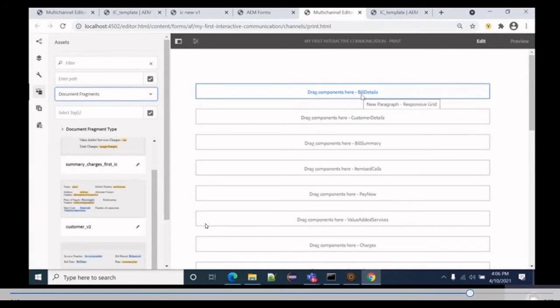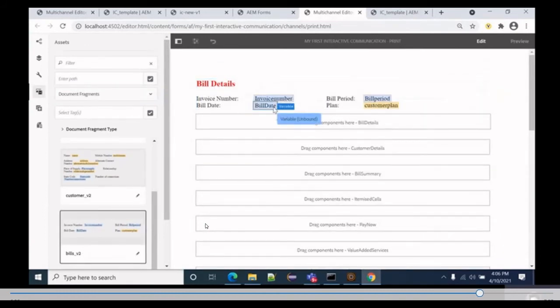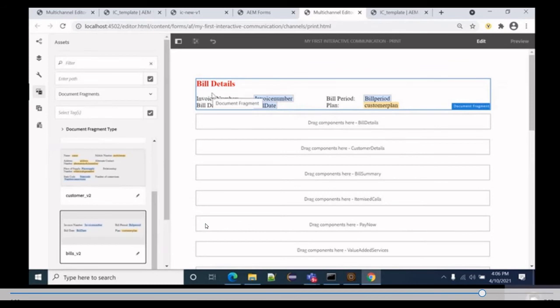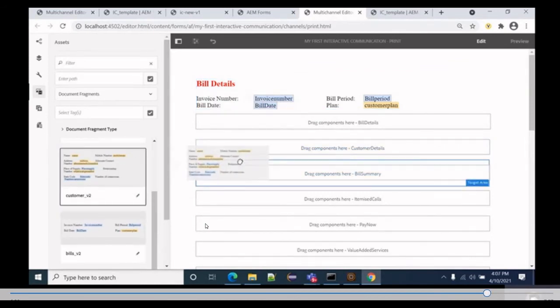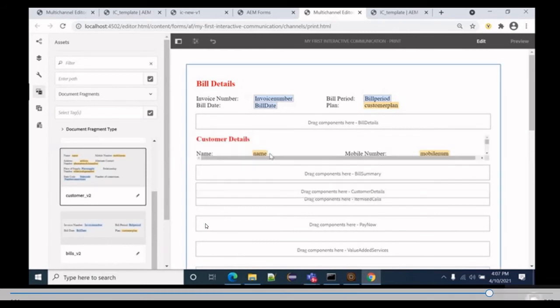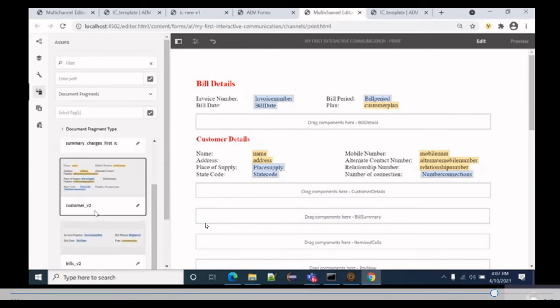Now for example, I want to put in bill details. So I will select the bill details one, and simply drag and drop over here. Yeah, it looks beautiful. And for the customer detail, I will just put customer detail one. Yeah, and then I have bill summary.